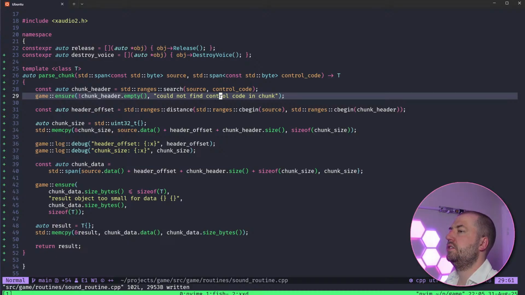Oh, yes, you're right. I see. Yes, actually, I see what the issue is. I'm pulling the whole chunk in, but I actually just want to be pulling off the first that many bytes.